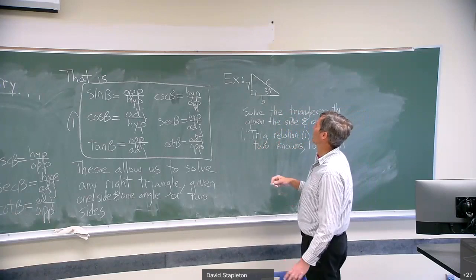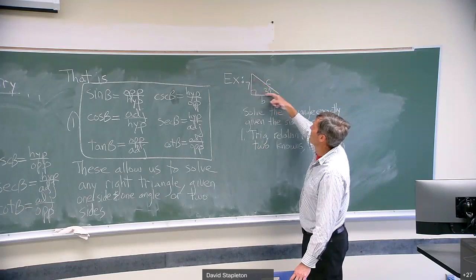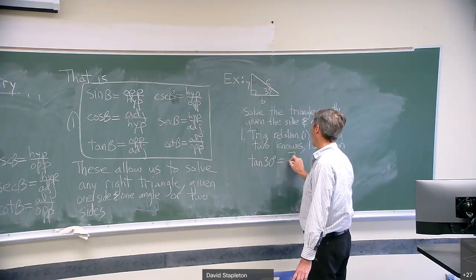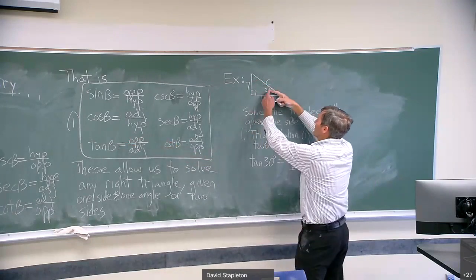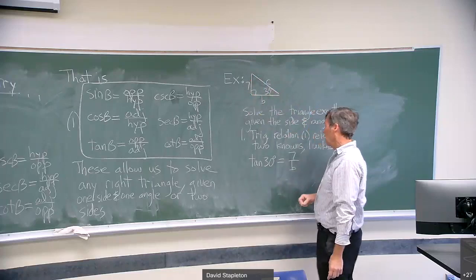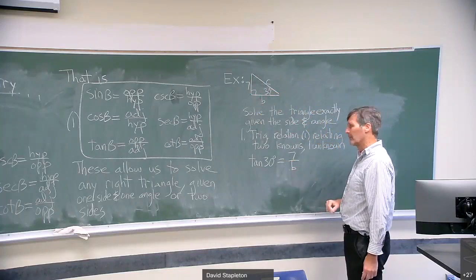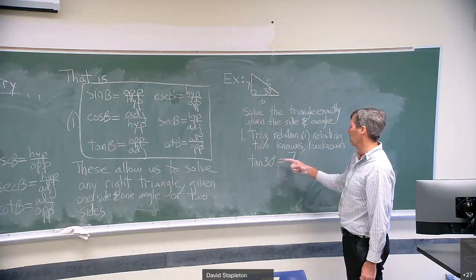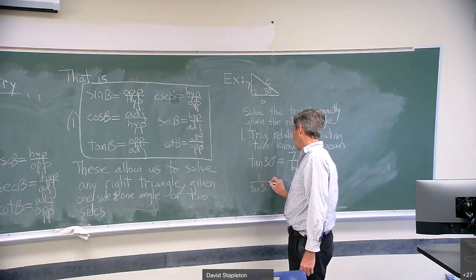And we could say, for instance, there's different ways we can go. The tangent of 30 degrees is opposite over adjacent. How about that? Tangent of 30 degrees is equal to 7 over b. Using the tangent relationship, tangent of an angle is its opposite over its adjacent. So you take the side that doesn't help form it, the opposite side, over the adjacent one, the one that does help form it. Since I've got two numbers I know and one I don't, I can solve this, right? Just easy algebra. Now there's lots of ways to do this. I think the easiest way on here is just take reciprocals. If these are easy, then I can take reciprocals and say 1 over the tangent of 30 degrees is b